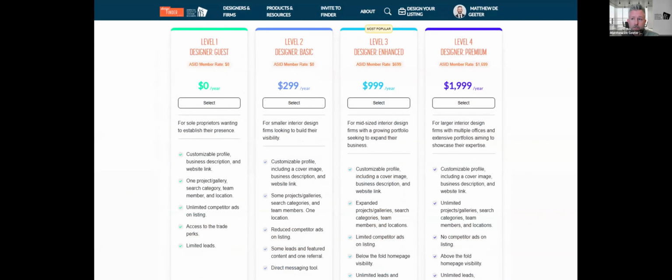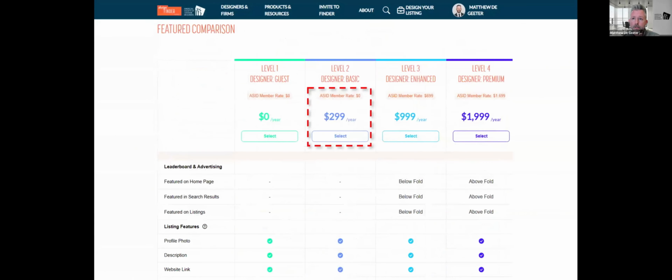Just a reminder here, as an ASID member, as long as you're logged in, you receive the level 2 designer, the basic subscription that's valued at $299 a year, included in your ASID membership. So great value. You can also keep scrolling down further on the page and see a feature comparison. So this will actually give you a side-by-side of all the different features available per subscription plan itself. But when you're ready to actually start filling out your profile and your listing, you'll go ahead and click Select,